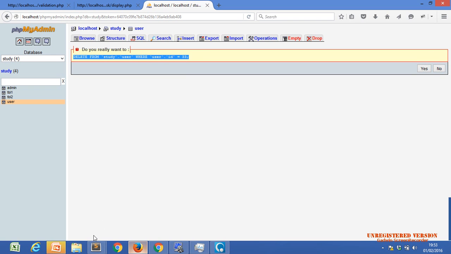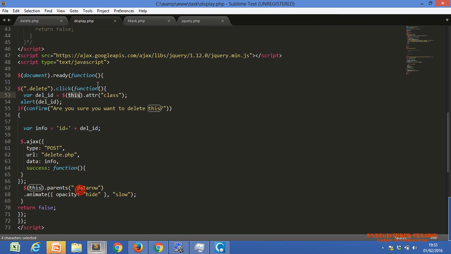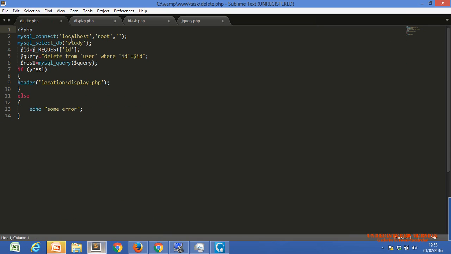Nazar, the same code is in our delete.php. We already discussed this. This is the connectivity, and we get the ID, meaning we need one unique ID for deleting any particular record, and delete from user where ID equals this ID, whatever ID we get.